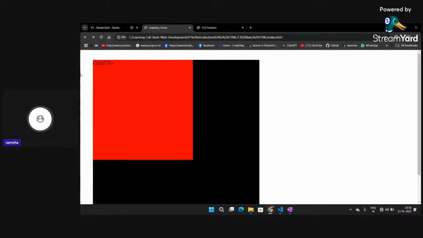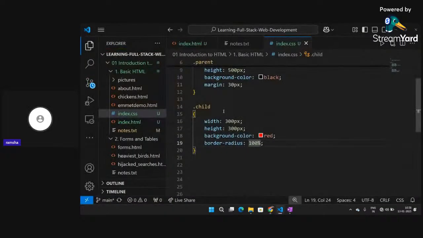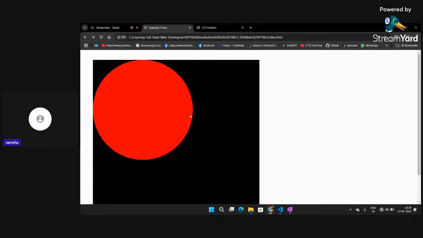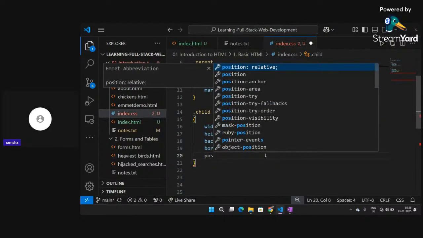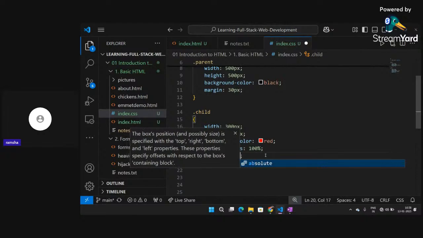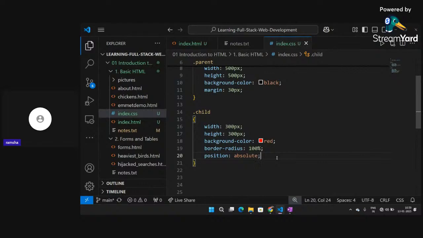In that way this will change to a circle. Okay, now I want it to be at the center, position at the center. So now what I can do, I can add position absolute. Okay, nothing will happen, and here I will add,